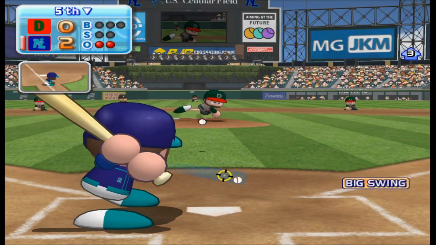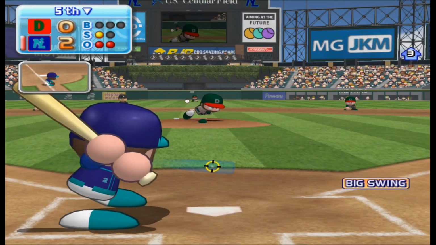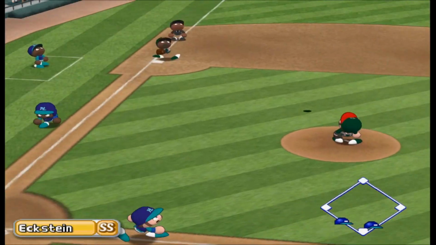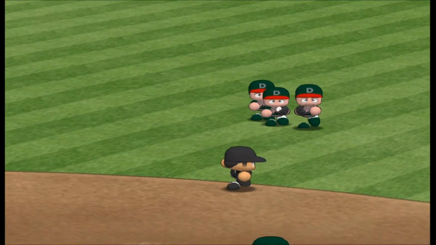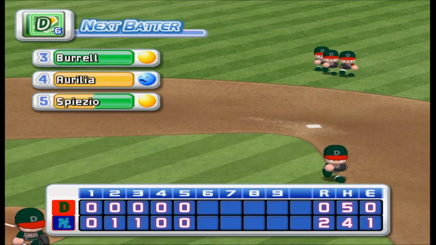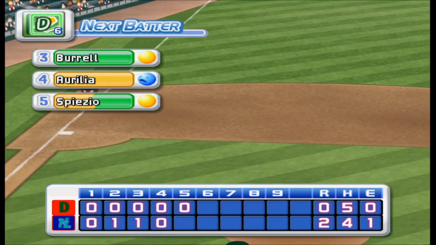Here we go for the first pitch. Strike. Hit high in the air towards third. He settles under it. He caught it. There's the third out. No runs, one hit, no errors, one man left on base. At the end of the fifth inning, Minneapolis 2, Edmonton 0.